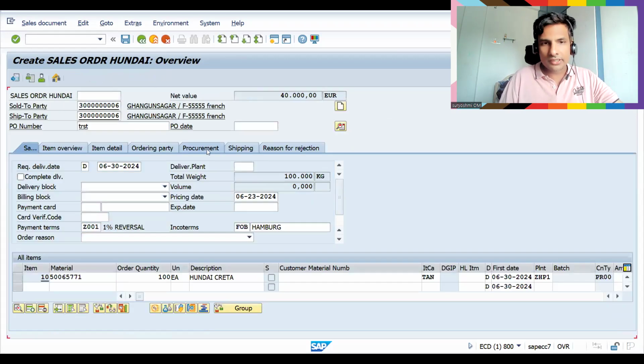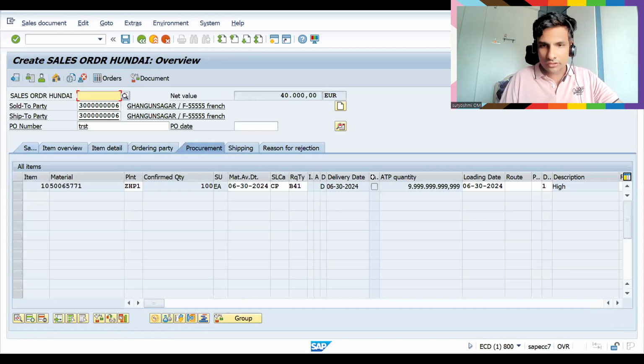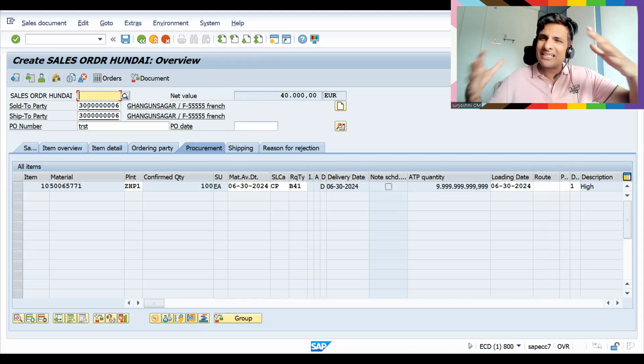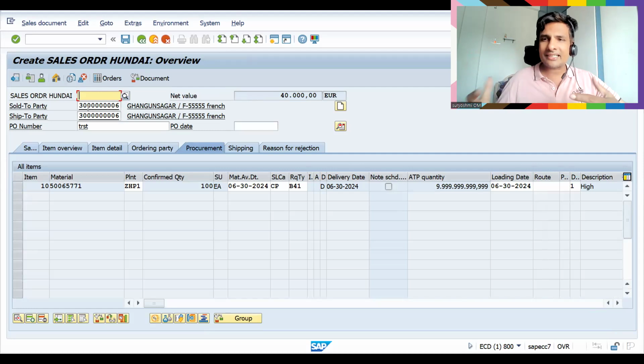If you go to the procurement tab, you can see this note schedule lines. This is the field we are going to learn. What exactly is it and how will it be useful? I will explain theoretically. If you try to increase the quantity and you have more schedule lines, the tick is on. When you have tons of line items, suppose 100 line items, and assume more than 5 schedule lines, 5 different delivery dates for each line,